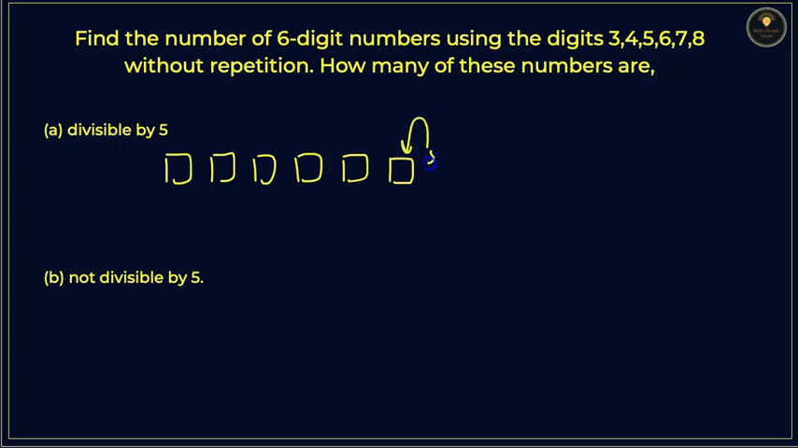you have to put only 5, because if you want to divide any number by 5, the last digit should be either 5 or 0. So since we have taken the last option, for the first we have only 5 options. Now the second one we have 4, third one we have 3, 2, and it goes like 1. So the total number of ways that we will write is equal to 5 factorial, and that